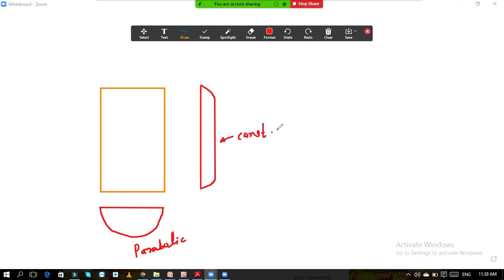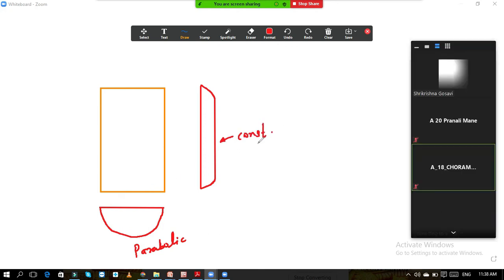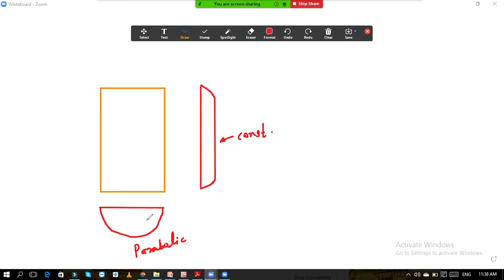Okay, so if we see, the deflection is more in the shorter direction as compared to the deflection in the longer direction. So to resist that deflection, we always provide our main steel parallel to this shorter direction. Here we will provide our main steel. Okay, so these are our main steel bars. This is main steel.